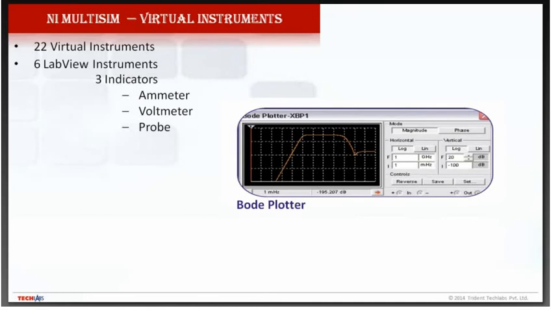Suppose in one lab, to prepare one or two or three experiments, they need all those components, LEDs, source, oscilloscope, function generator, multimeter, voltmeter. So there could be a huge list of instruments which need to be present. But in a single Multisim software, or single window, we can have all those.